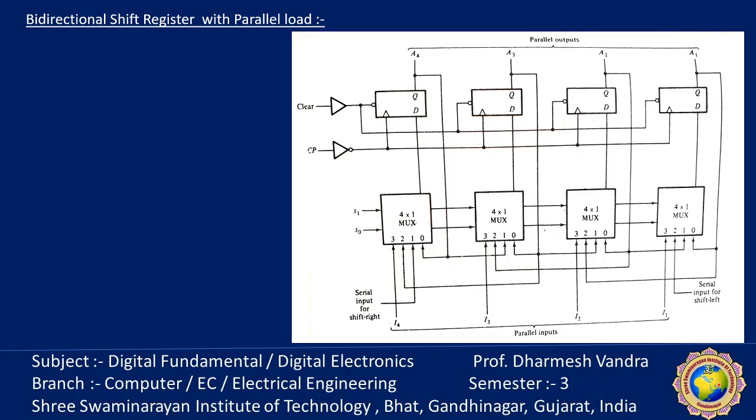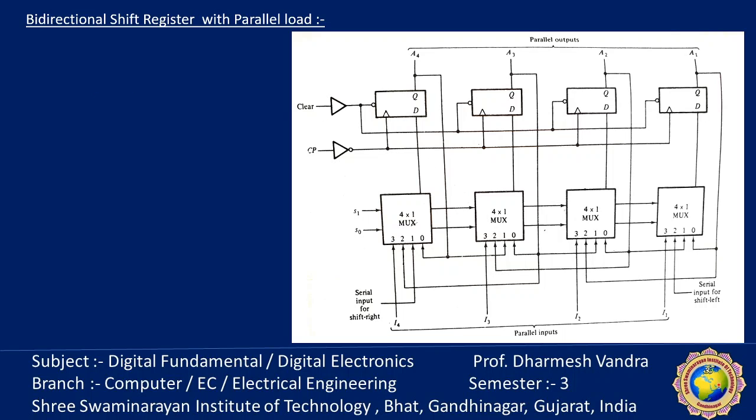We have to use a MUX here. So in the MUX, there are a number of signals. The D flip flops, which we already discussed, there are 4 D flip flops. The outputs are A4, A3, A2, and A1. Parallel outputs are there. There are 3 options: one is right shift, left shift, and clear mode. So one by one we'll discuss, first the clear.